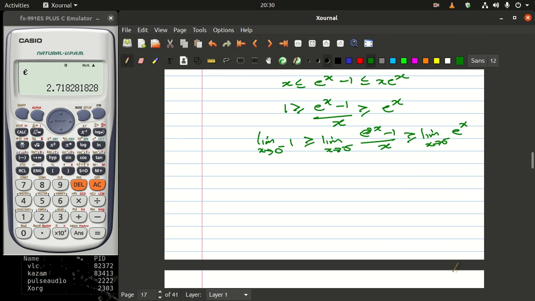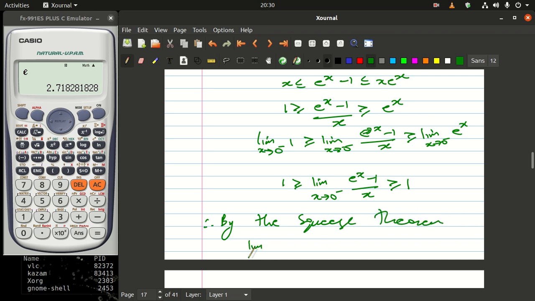Now, after looking into this part here, you will find out that the limit of a constant is always going to be that constant, and this inside here is what we're still looking for. I'm going to write it as it is, divided by x, and this one must be greater or equal to, plugging in 0 here, 1. Therefore, by the squeeze theorem,